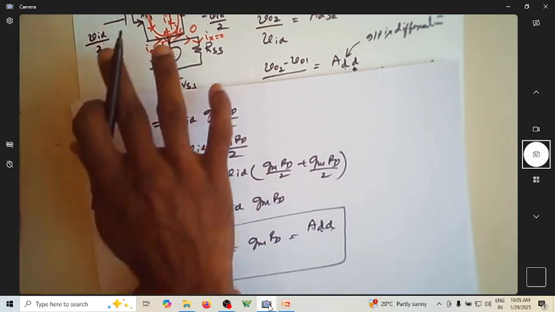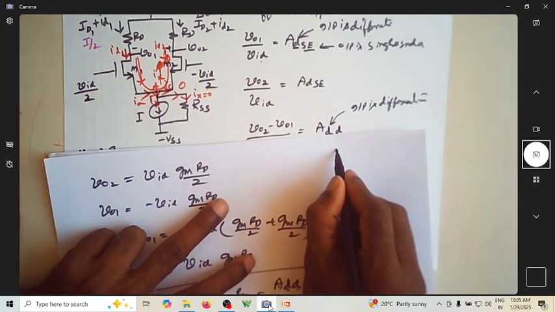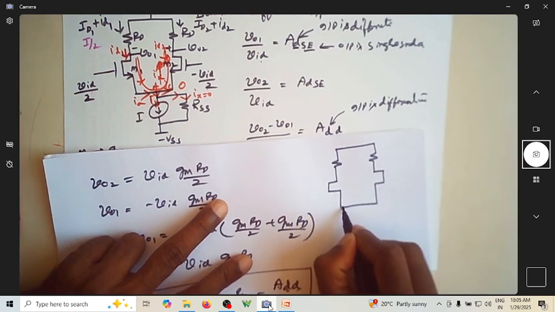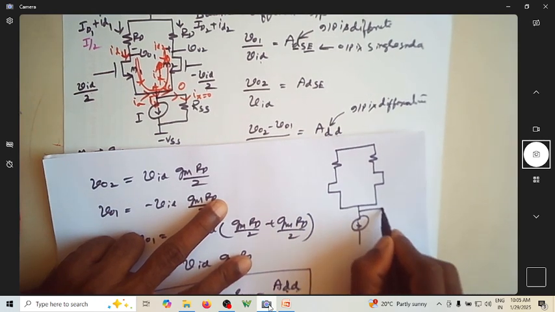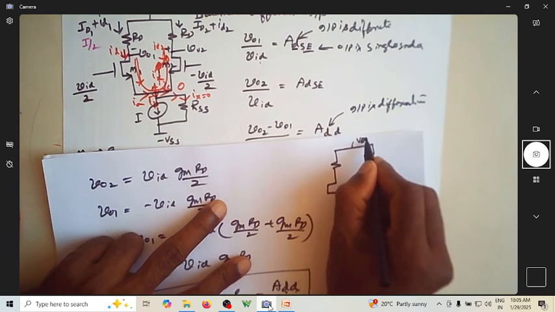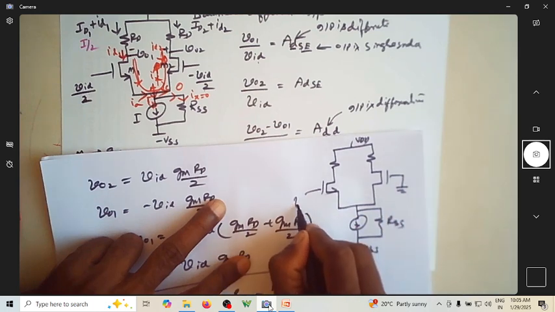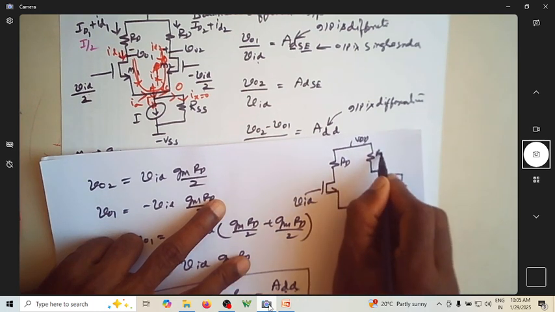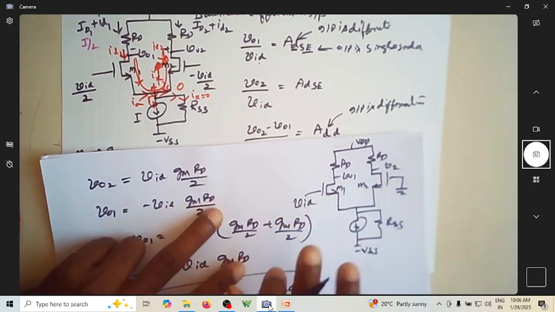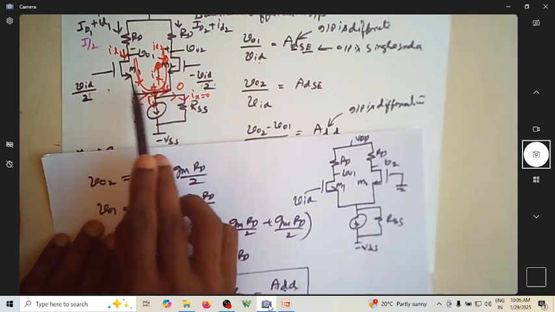So this way you can easily understand the gain of a differential amplifier for a balanced differential input. But of course, this is true even if you apply all the equations that we found. So it is true for unbalanced differential input. Let me tell you what we mean by unbalanced differential input. Assume that this is your differential amplifier. This is RSS, this is minus VSS, this is VDD, and so on. Now let me ground this. Let me apply the entire VID here. This is RD, this is RD, this is V01, this is V02, this is M2, this is M1. Only thing is that instead of applying VID by 2 and minus VID by 2, which is a balanced differential input,